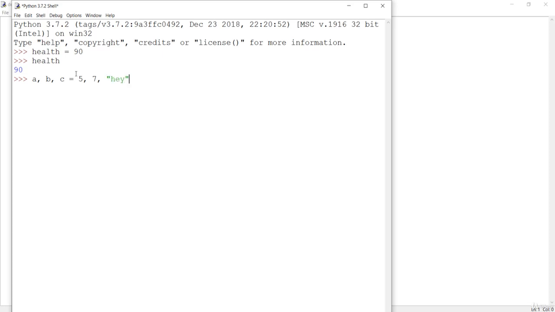Now if you check the values A, B, C, you can see it is 5, 7 and hey. A is 5, B is 7, and C will contain hey. So this is the multiple assignment to variables.